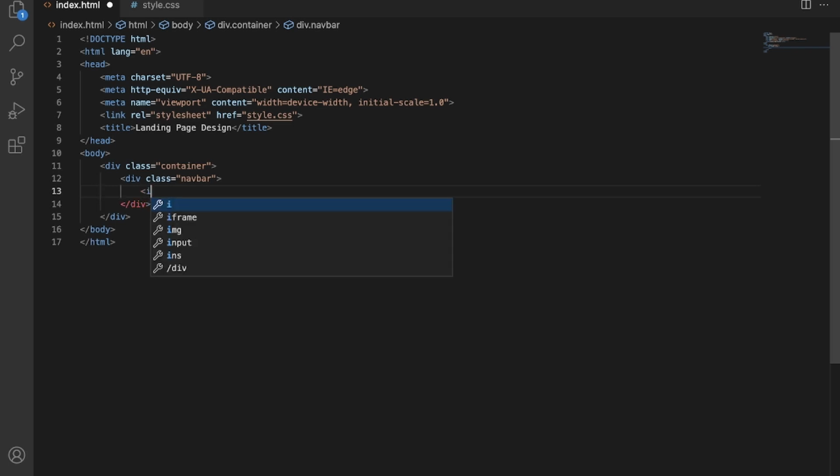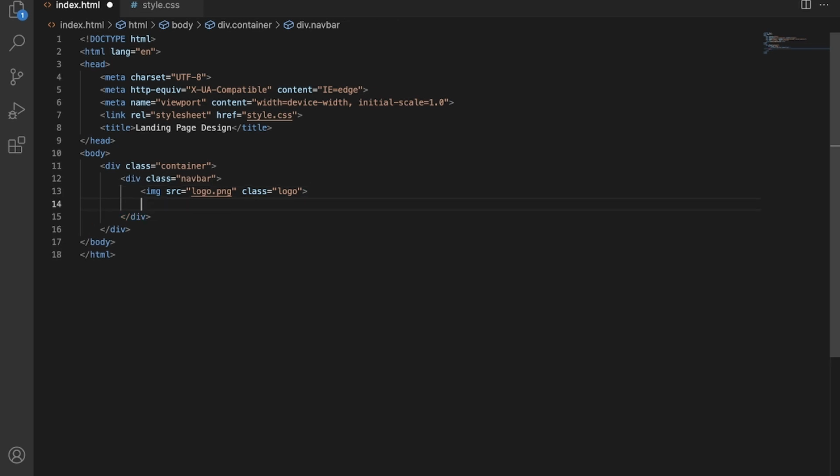So here I will write image src, image name which is logo.png, and now again define a class. Here I will write logo, keep it simple.